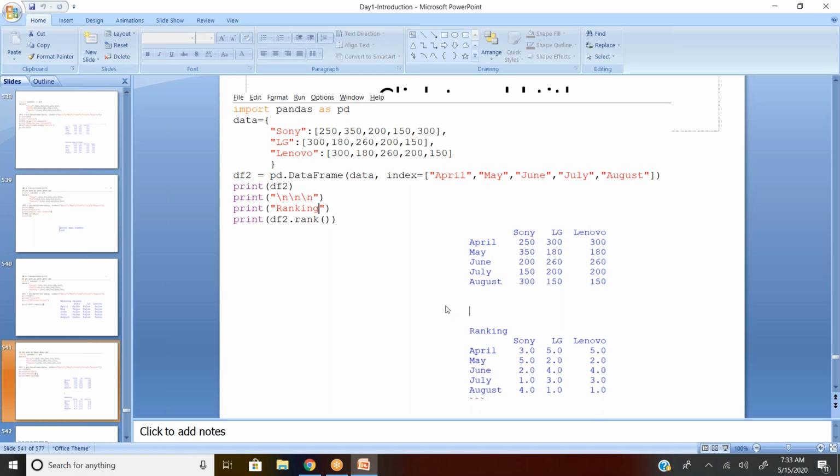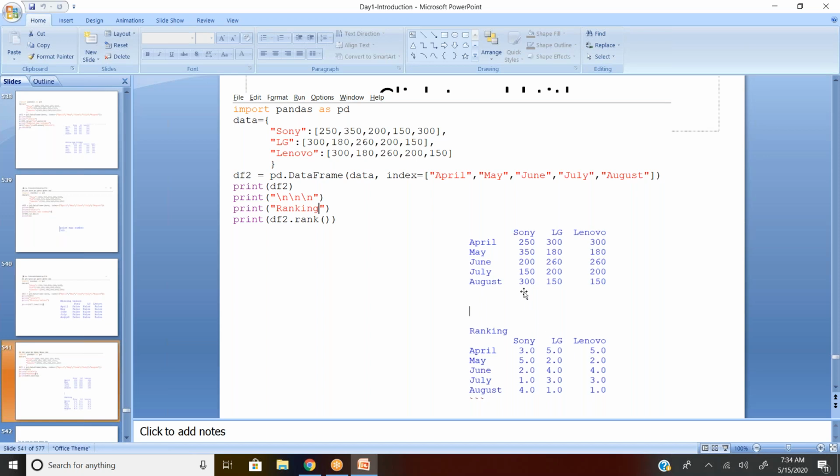Now, based on the values, I want to give a ranking for each column. If I want to give a rank, dot rank. If I use dot rank, you can see the highest rank goes to the highest number and the lowest rank goes to the lowest number. Right now I have five rows. 300 is the highest one, so 5 goes to LG, April.